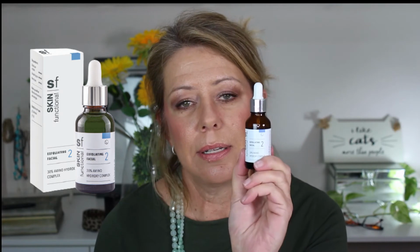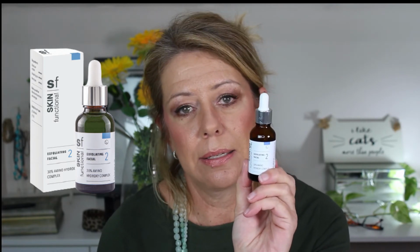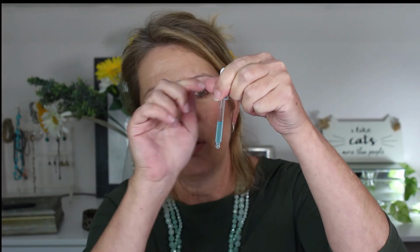So the other one from Skin Functional is called the Exfoliating Facial, and this is number 2. Now, this is a hybrid of amino acids, glycolic acid, and lactic acid. And this is a rinse-off exfoliator. So it comes in a dropper, and it's got quite an interesting color. So it's got a lovely blue color,